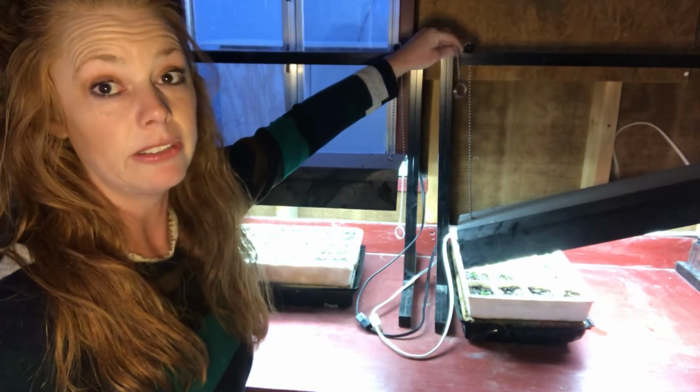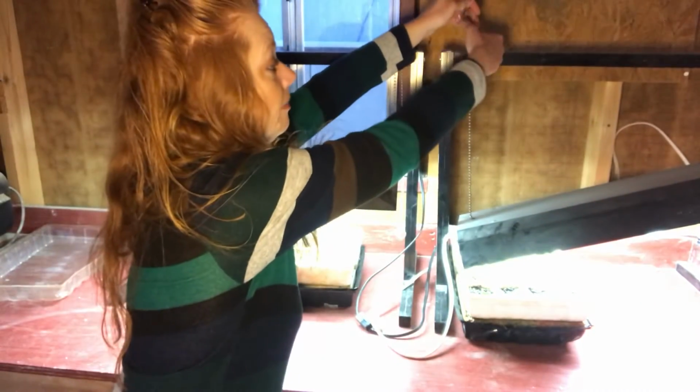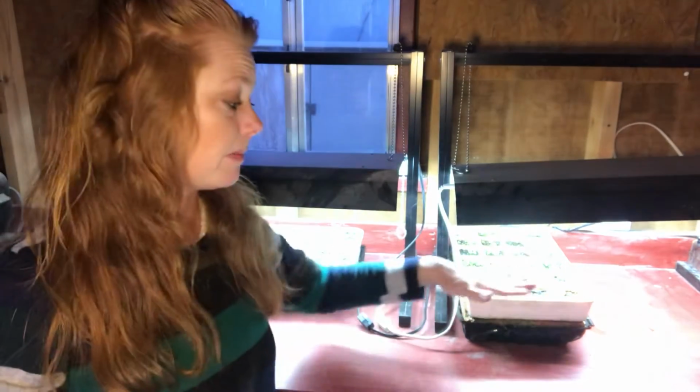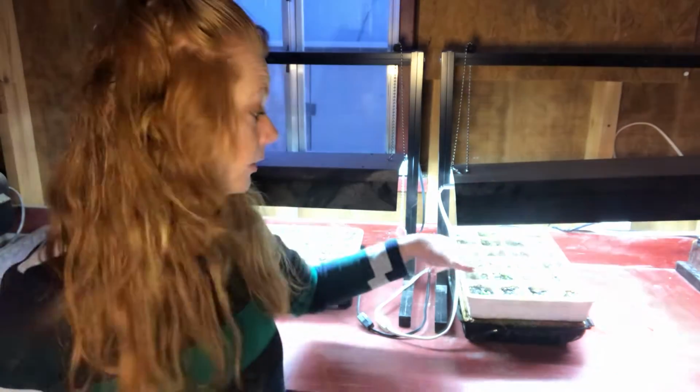Super handy. So like I said, I can have seedlings of different ages because I can start some seedlings and put my light right on top of my trays. And these guys are cabbage here, green cabbage, and I planted multiple seeds per square. And so now I need to open them up and transplant them into 4x4 pots. And they'll spend about a month, maybe 2 months in my little 4x4 pots before they move out to my